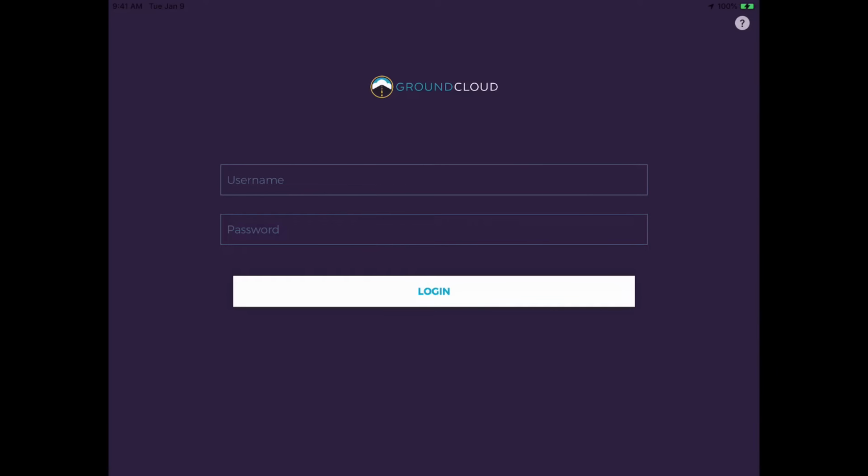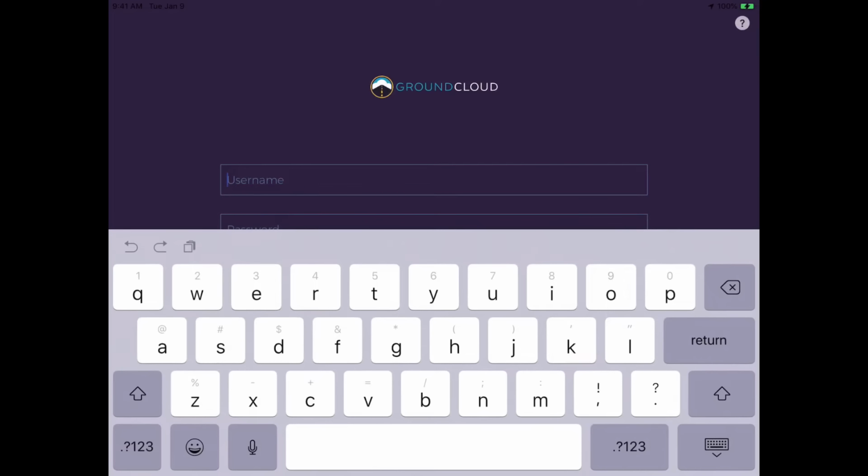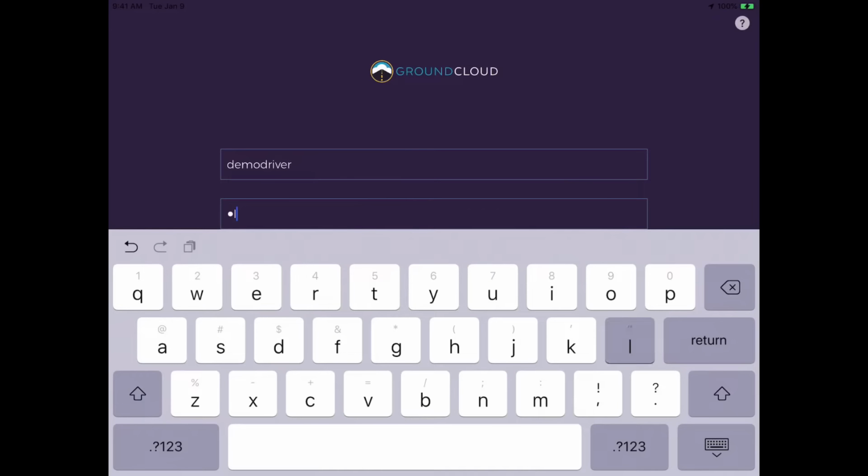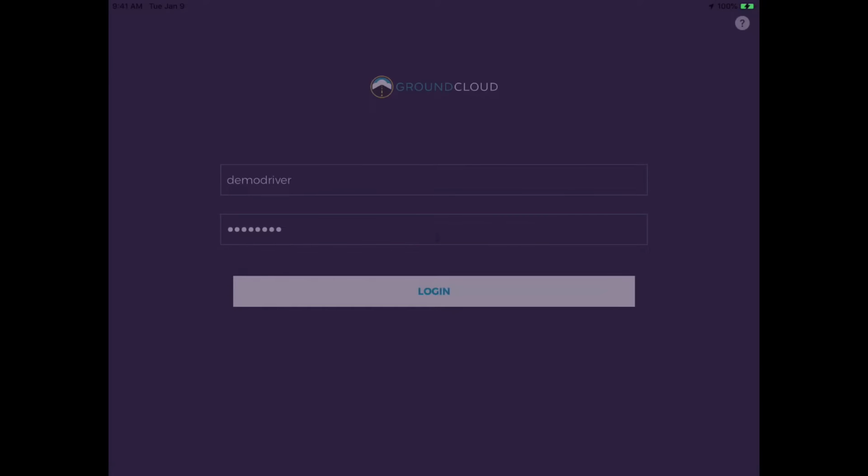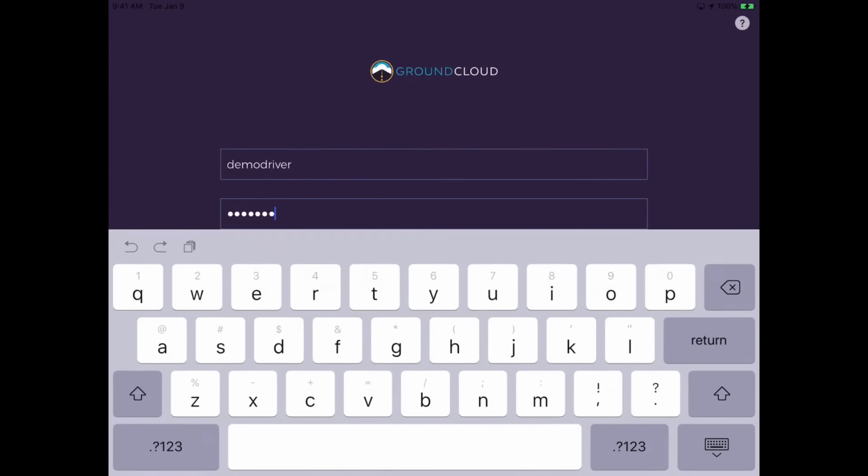Your boss is going to give you a unique username and password. Every driver gets their own. In this case, I'm just going to put in this demo account that we have here. And I'll just see if I can get that right. I just hit the return key. Okay, so